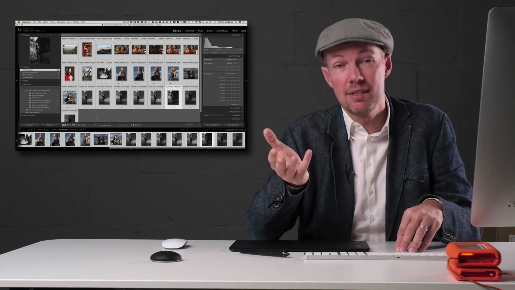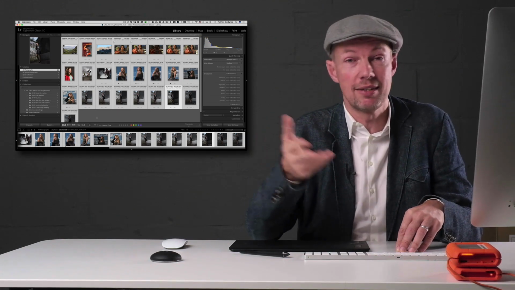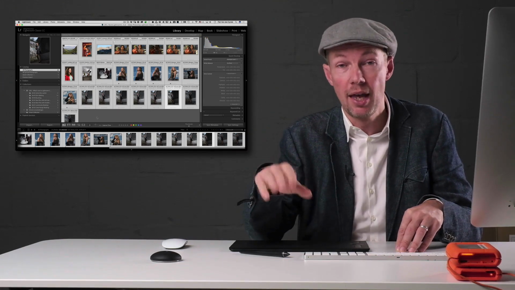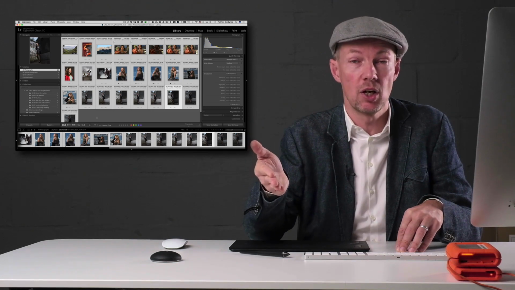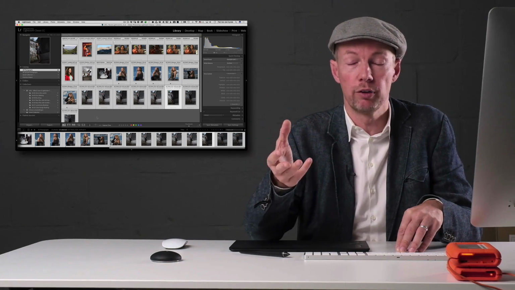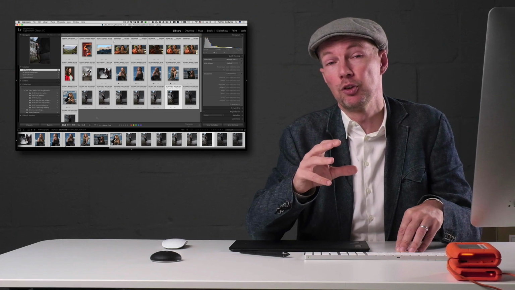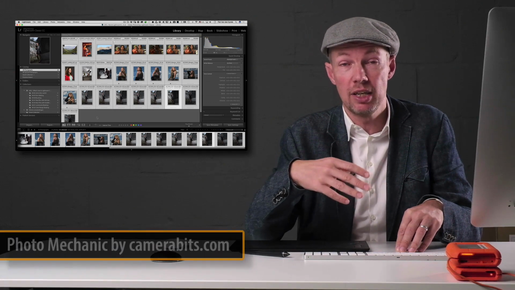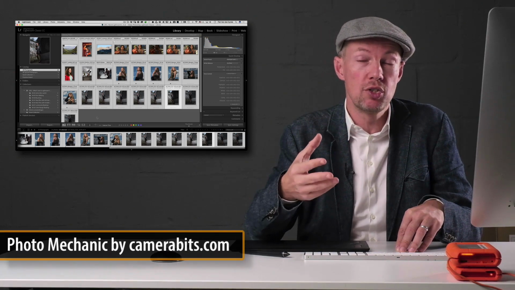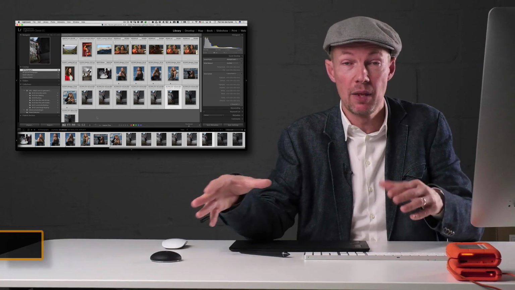And then maybe I see that the image is soft anyway, so that's 10 seconds lost. And then I switch to the next one, I have to wait 10 seconds again. So it's not really a handy workflow. So a lot of high volume photographers that I know have actually switched to using an app like Photo Mechanic